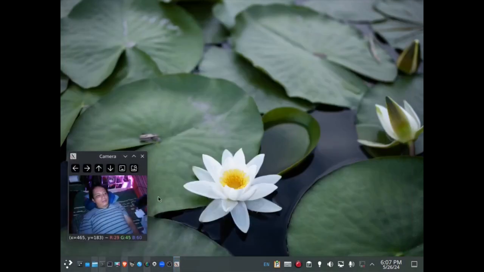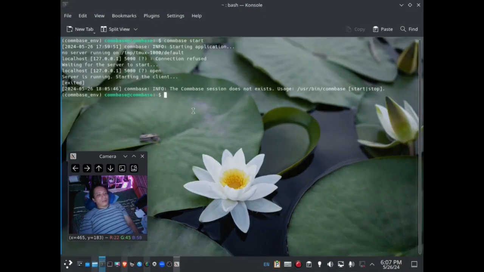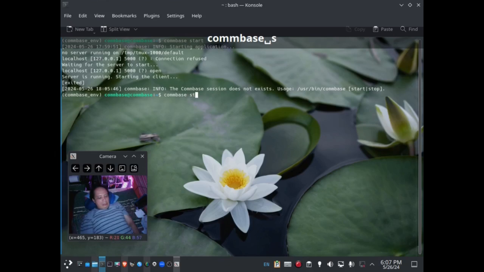Okay, now I'm going to start it. I decreased the resolution for you to see it better and open a terminal in full screen. So you just type Combase start after installation and configuration. So it starts.